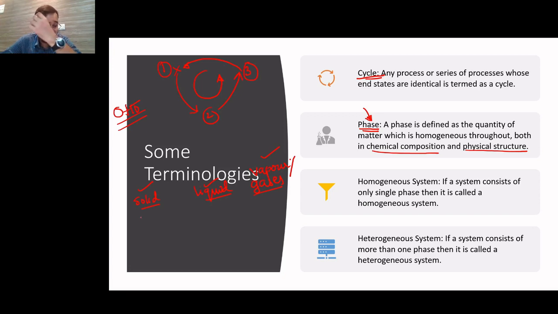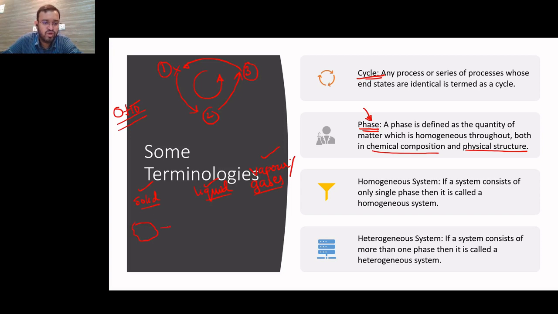So solid can be defined as a phase in which the structure of the component, or whatever you are trying to measure, does not require something to support it. It will retain its physical structure regardless of, even if you apply a small amount of force, it will still try to retain its physical original structure. It will not shift. So for example, you have a box or a piece of rock.